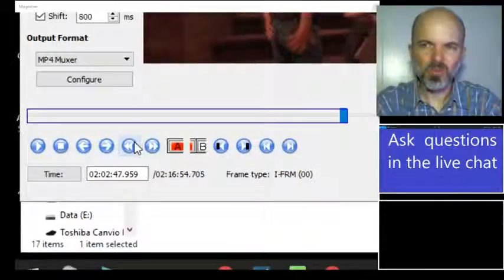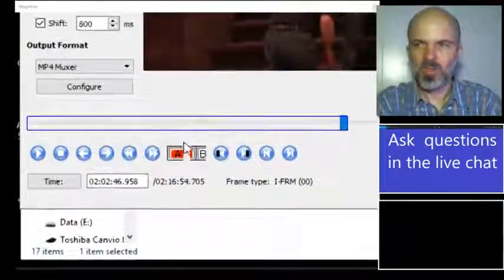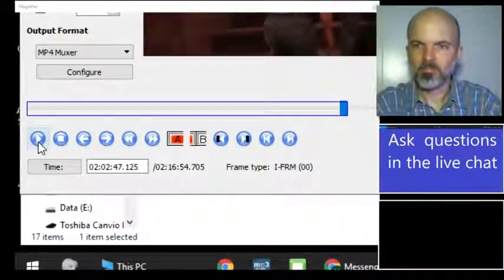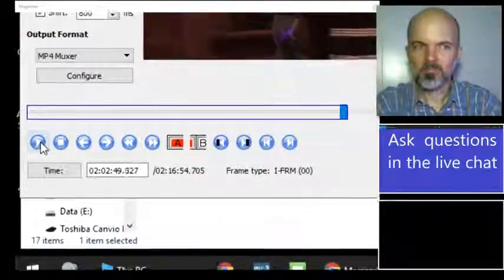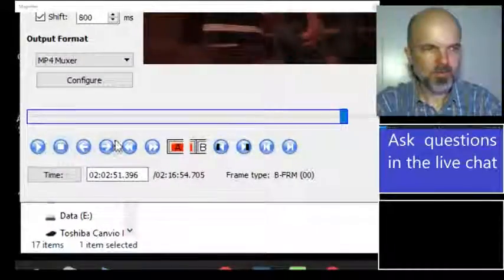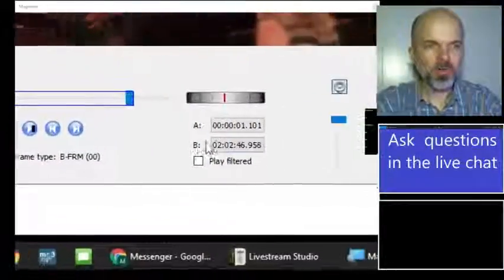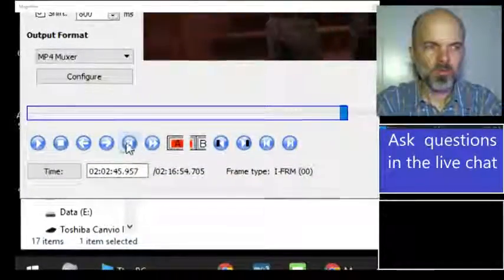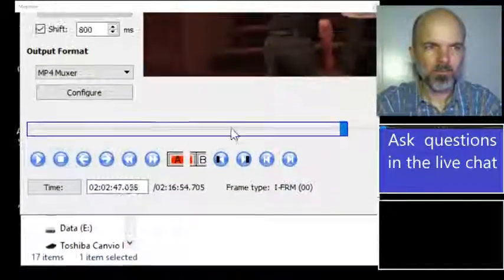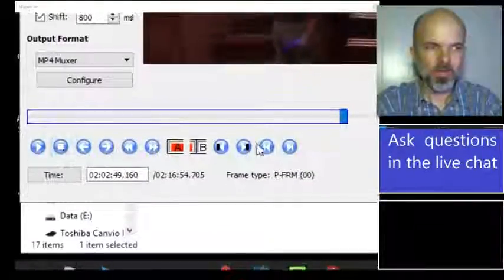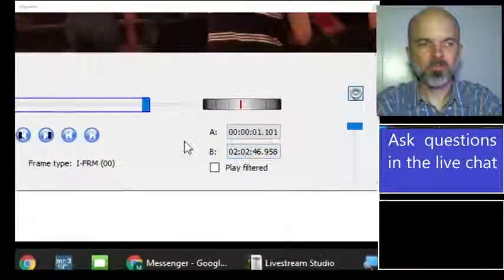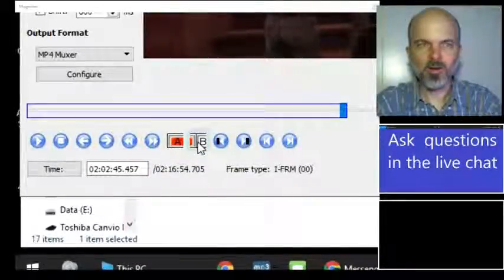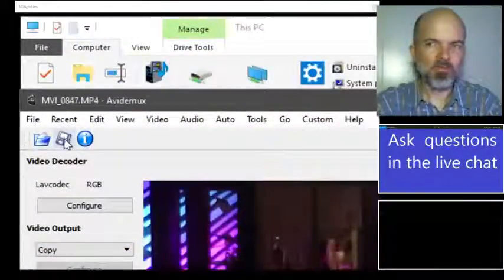Should I do 1 or 2? Let's do 2. 1, 2, and then set a new B mark. Probably wouldn't hurt to go 3. Yeah, let's add 2 more just for safety. 1, 2, 3, add a new B mark, and we're going to save that file